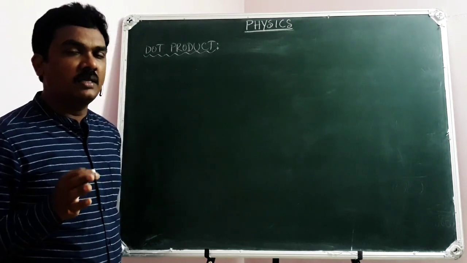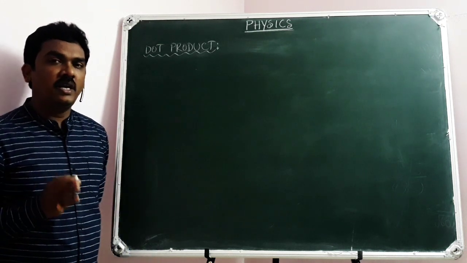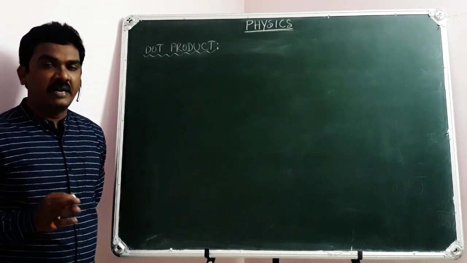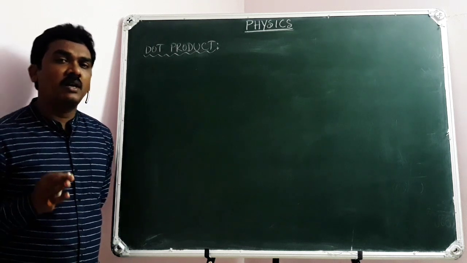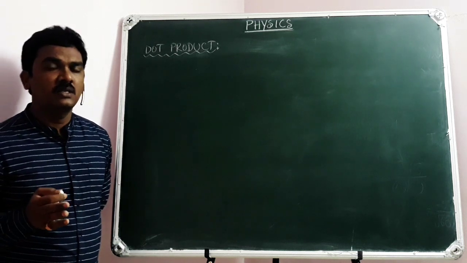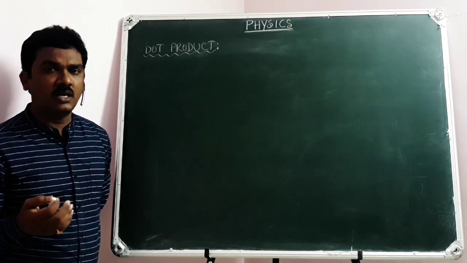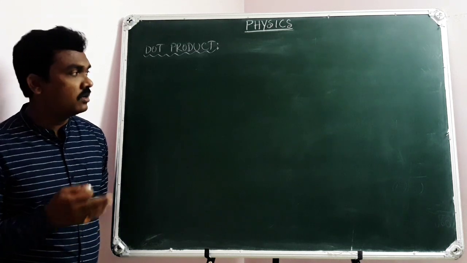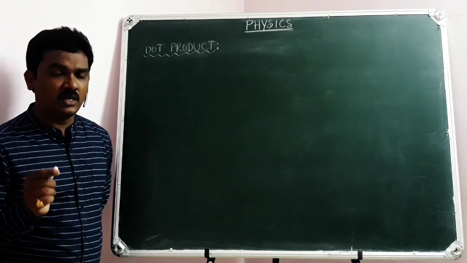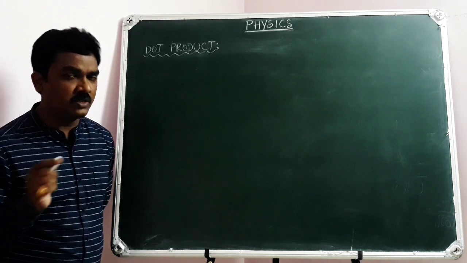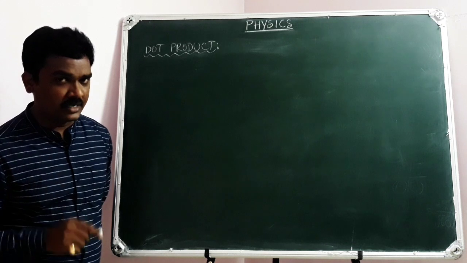Yes, so you have learnt about the basic formula for dot product. One is a bar dot b bar equal to a b cos theta when their magnitudes are given. If the vectors are given in their component form, then a bar dot b bar can be written as ax bx plus ay by plus az bz, means the respective product of the related components, and then their sum will be taken. And even I have given an example to you. At the same time, you need to remember that work done is the dot product of force and displacement vectors. Power is the dot product of force and velocity vector.